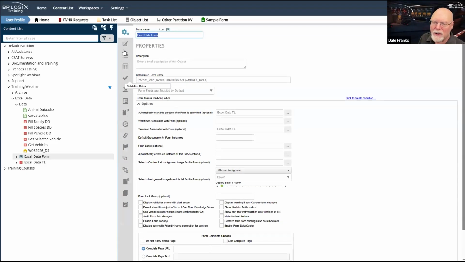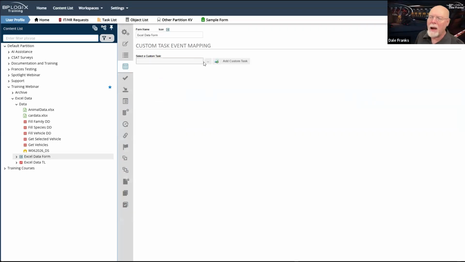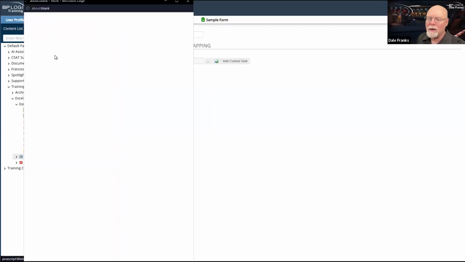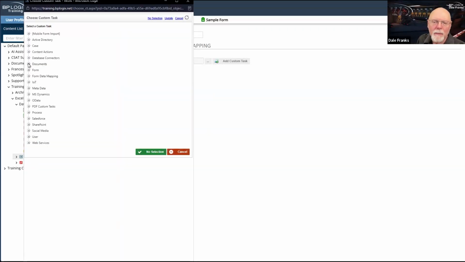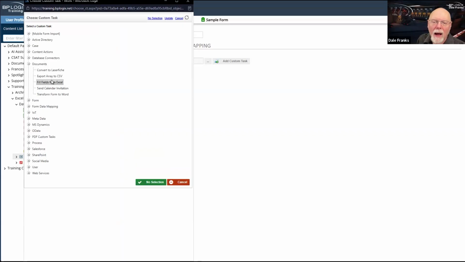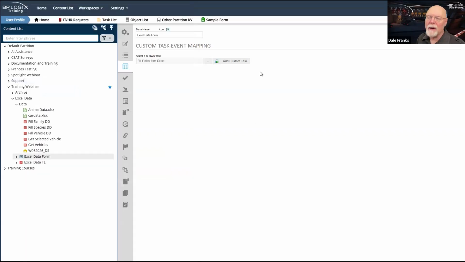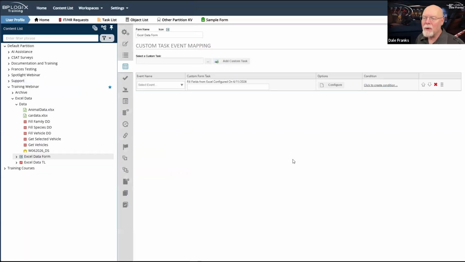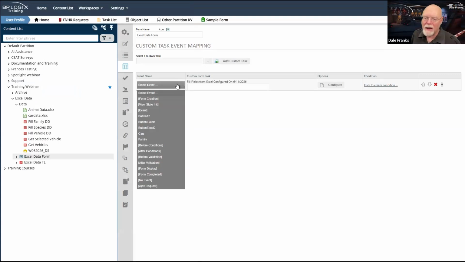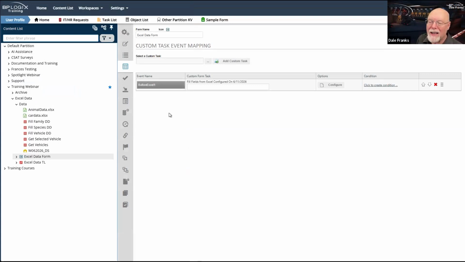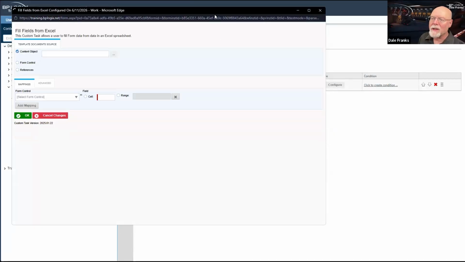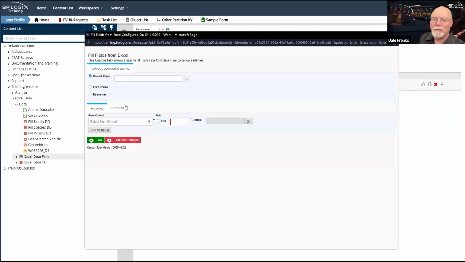Well, it says it's been checked in. And let's go to our custom task event mapping, and we'll go into the documents section and fill fields from Excel, and we will add that custom task. And so on our button Excel 1, we're going to add a single value. So let's configure our Excel file.